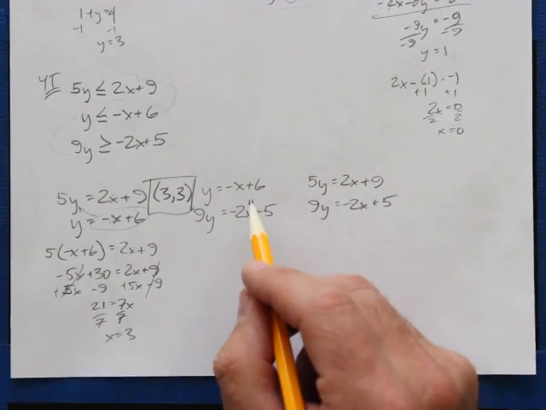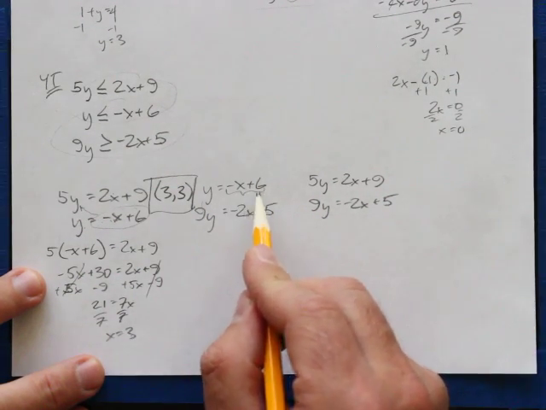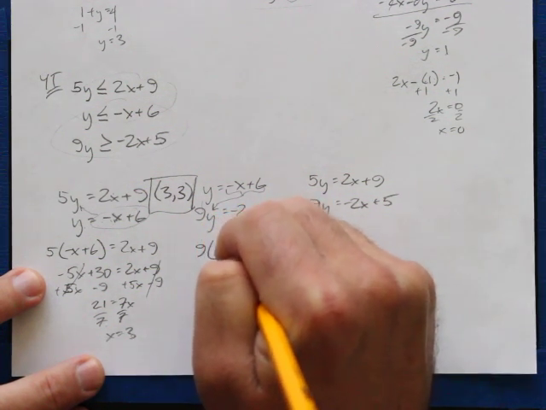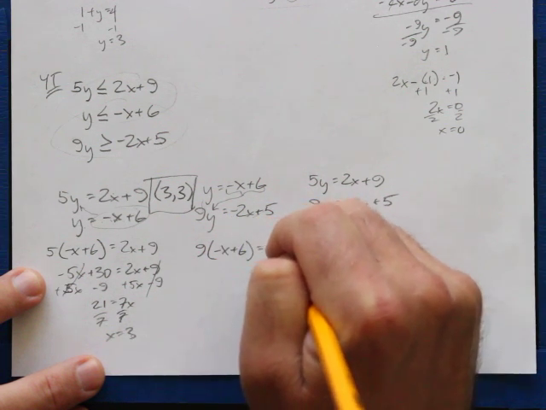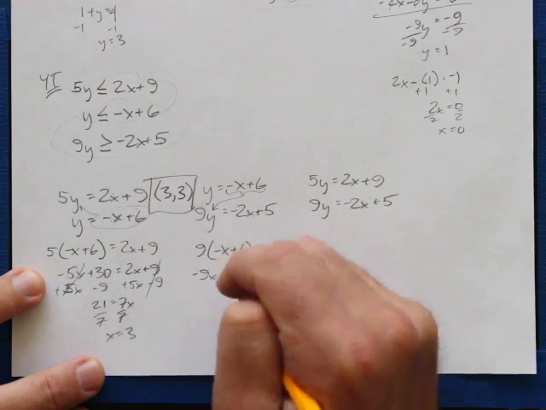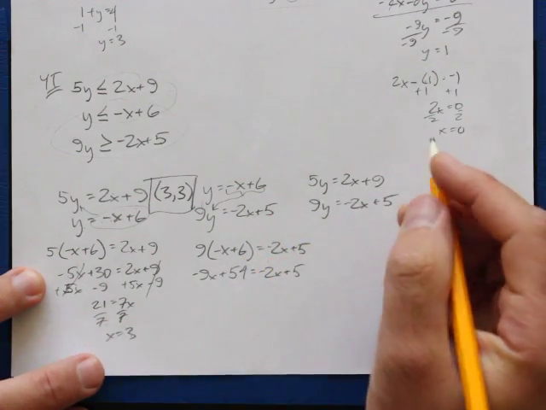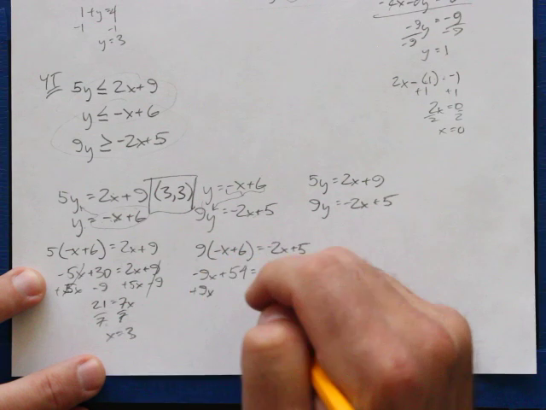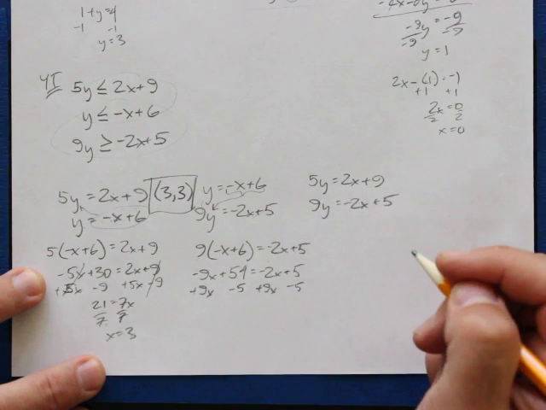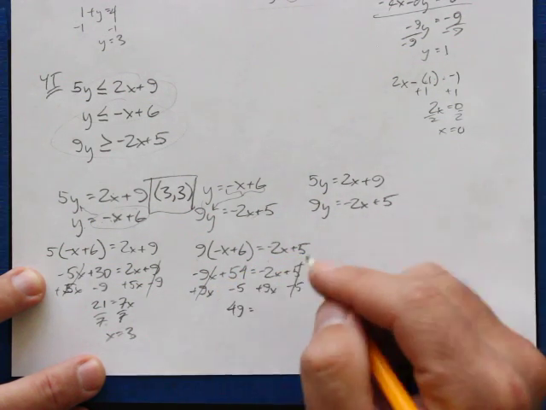I'm going to do the substitution again for this one because that's fun. So I'm going to take this value and plug it in for y. 9 times negative x plus 6 equals negative 2x plus 5. Distribute my 9 here, so negative 9x plus 9 times 6 is 54 equals negative 2x plus 5. I'm going to add 9x to both sides, and I'm going to subtract 5 from both sides. So that goes away there, and I have 49 equals negative 2